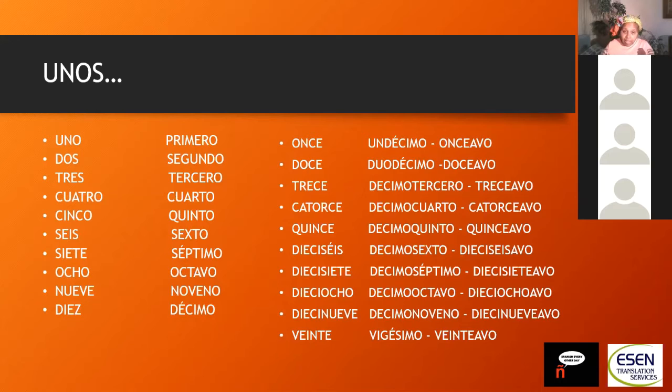However, currently, a lot of Latin Americans use the other way. They will put once, for instance, and they'll add an avo to it. So the 11th book is not libro undécimo, it's libro onceavo. Now I ran into that because I learned undécimo, duodécimo, décimo tercero, etc. in school. When I went to Ecuador, I found that people were using the onceavo, doceavo, and I was thinking,